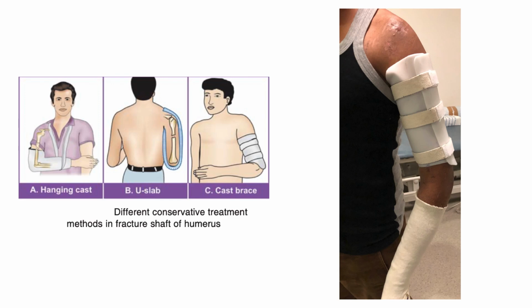So that's all for part 2 of the humerus shaft fracture. Further details I'll be taking up in the next course. In that I'll also be talking about the distal humerus fracture, and the further methods which are used, like humerus plating and ILN humerus, and further things like self-locking expandable nails which are being tried, or any other operative procedures, which I will also be discussing with you in the next part of the course.